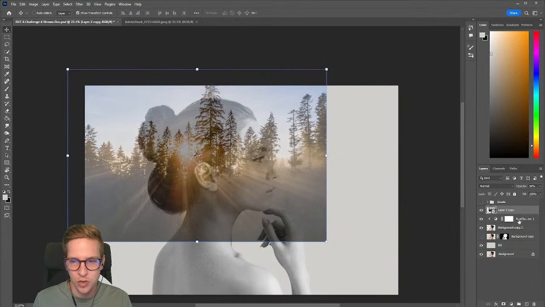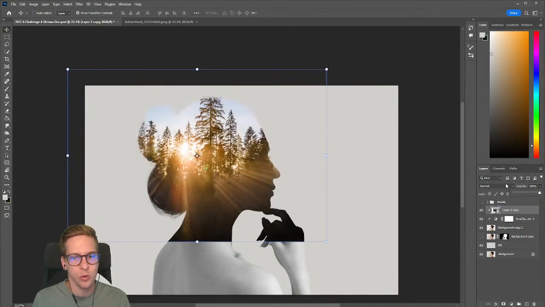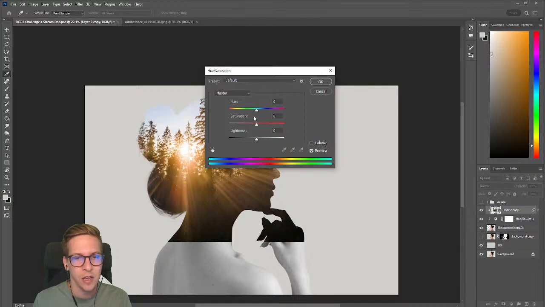I'm going to press enter to confirm that, and then I'm going to right click that and do create clipping mask. So now we have it clipped in, and I'm going to put the opacity back. That was just to visualize it a little bit easier. From here, I'm going to go ahead and do Control or Command U. Since this is a smart object, we don't need an adjustment layer. I can just do Control or Command U, which is the hotkey for hue and saturation, and I'm going to desaturate